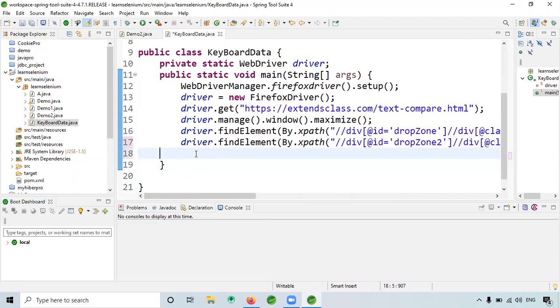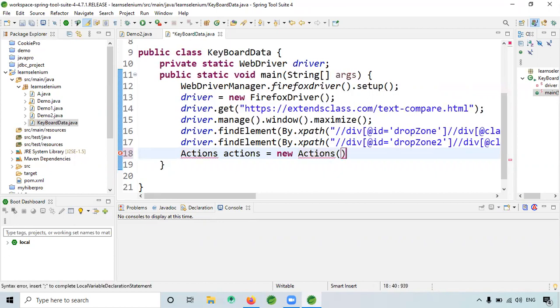Okay. So now, as usual, if you remember last class for drag and drop and all, we use something called the Actions class. So here also same thing, Actions actions is equal to new Actions.